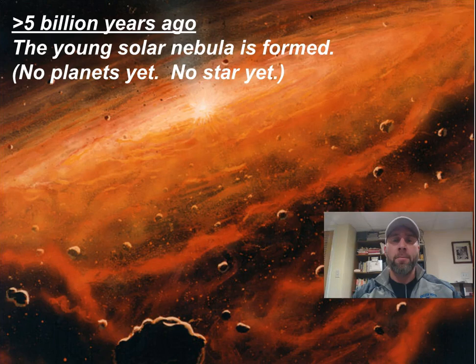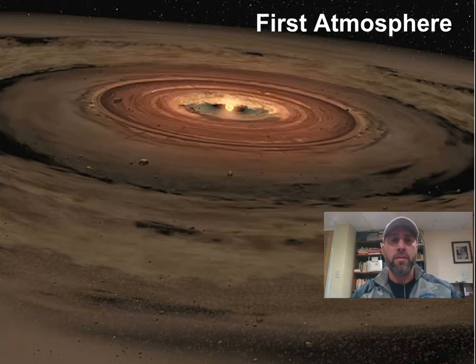But then the gases started to come together, accrete and condense because of gravity. And then a little protostar started to form. So we didn't have a star yet, but all the stuff started to coalesce together. The dust started to spin around in a big circle because of that gravity. And then eventually nuclear fusion started on our star, and this is how all stars work. And then it started to heat up.